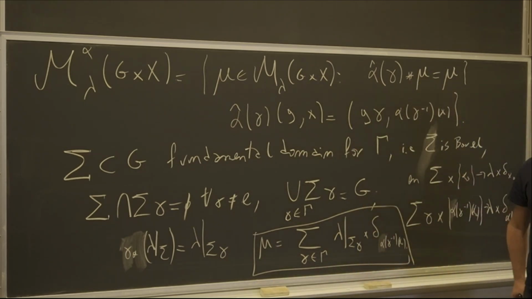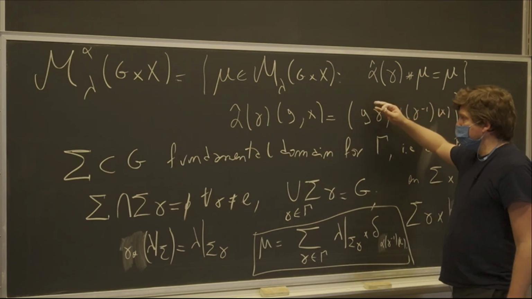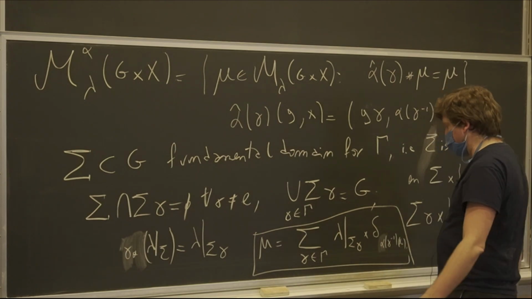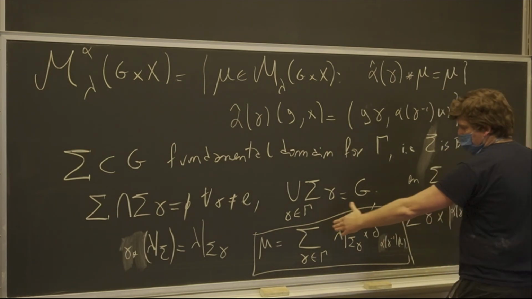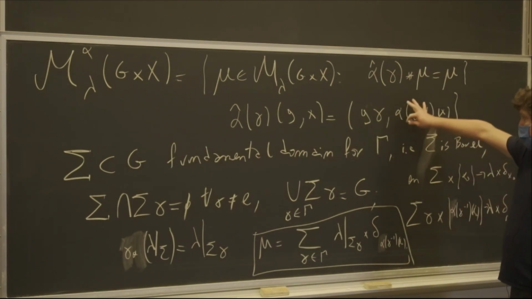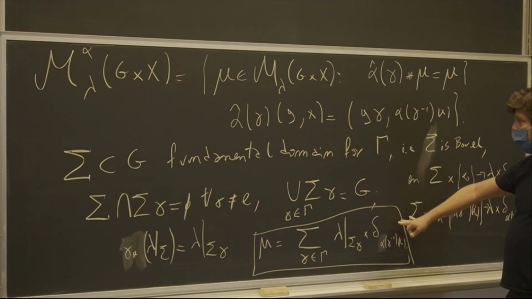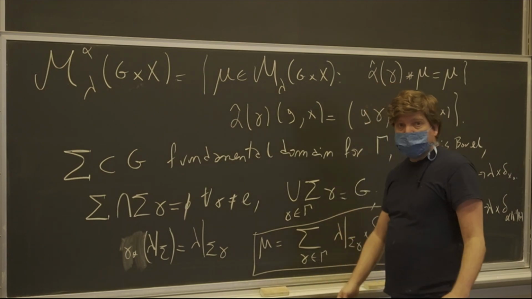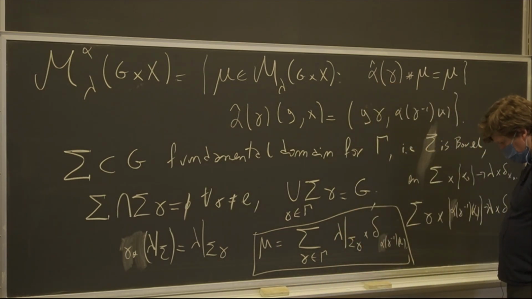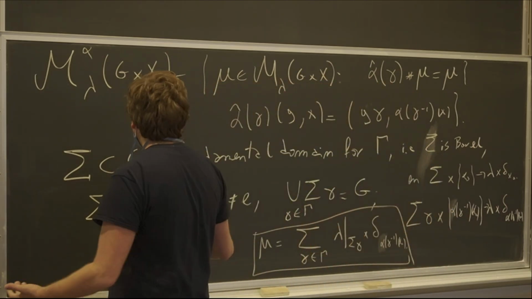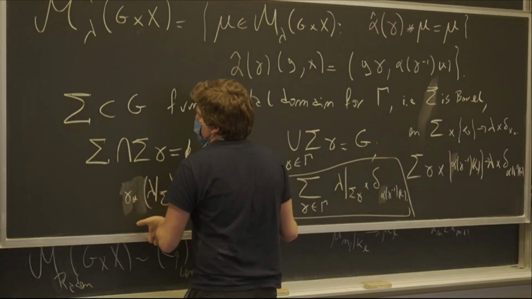So this right invariance property of the invariant metric of the Haar measure, which is also left invariant, so it doesn't matter much for this point, tells me that this measure mu still projects to Lebesgue and is alpha hat invariant. So this measure mu belongs to this guy. So it's non-empty. Okay, good. So it's non-empty, it's compact, convex, and